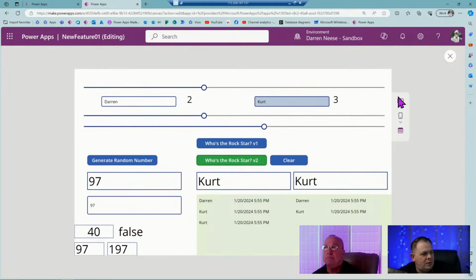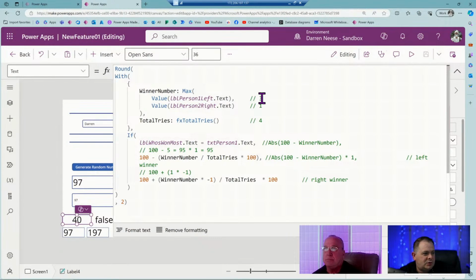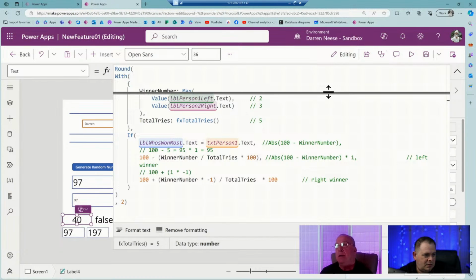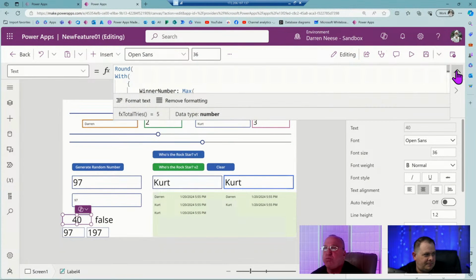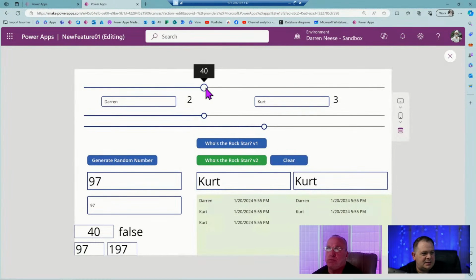So we got 2, 3, and 5. So let's click on this. So we have 2, 3, and 5. And we've got 40. Now, is this right? Is this what we wanted? I think so.